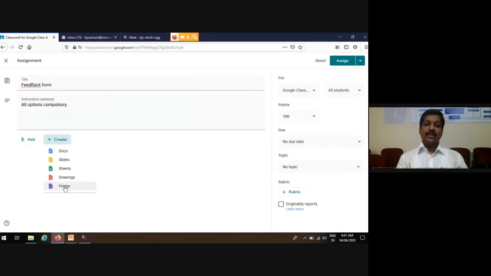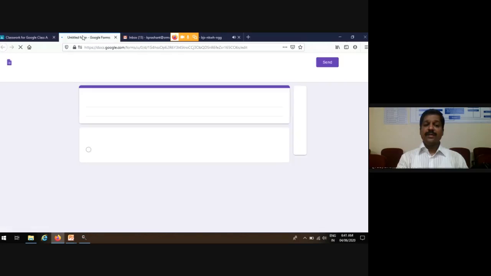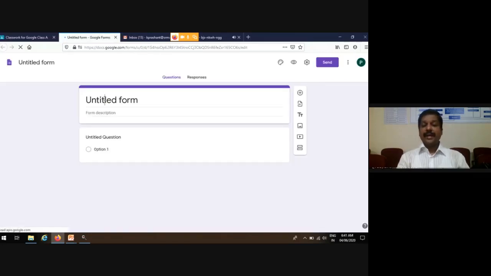Similarly, another option is available, the question format. I click here on the forms option. Right now, people are widely using these options for collecting information from candidates or from various persons. So these kinds of options are available with this Google Classroom. So you may create assignments over here. You have to give any title that you wish for your assignment. And from here onwards, we will start our questions.